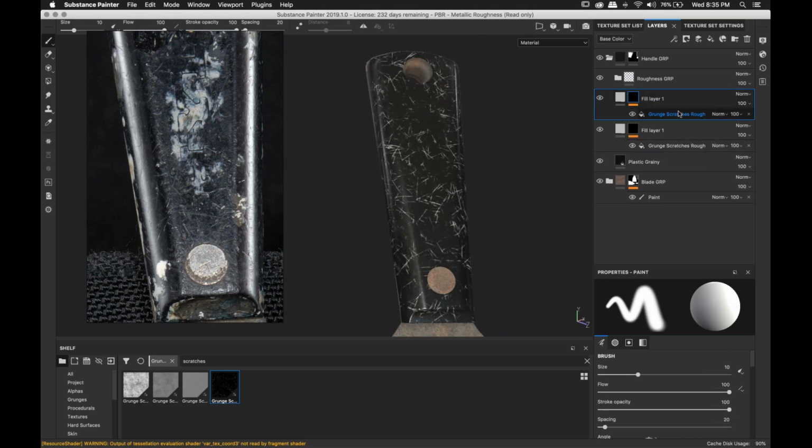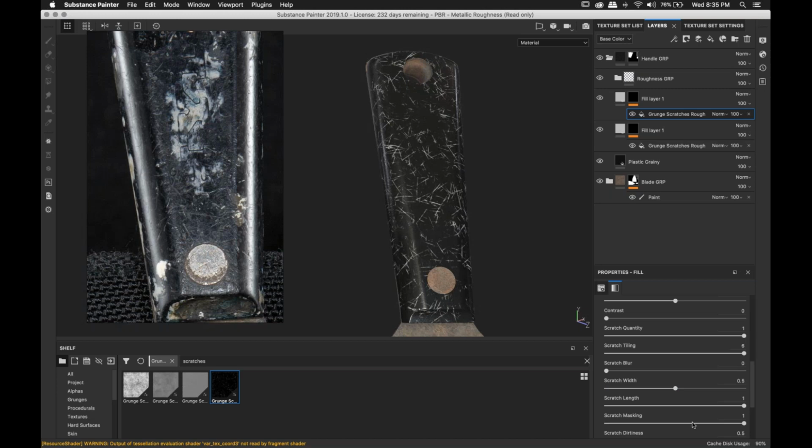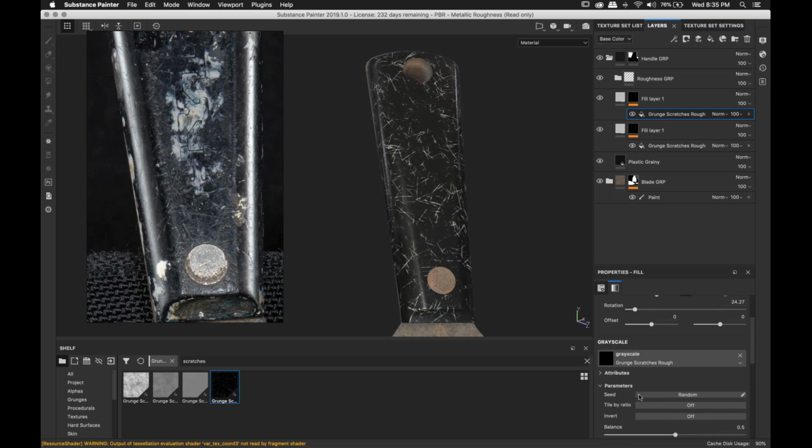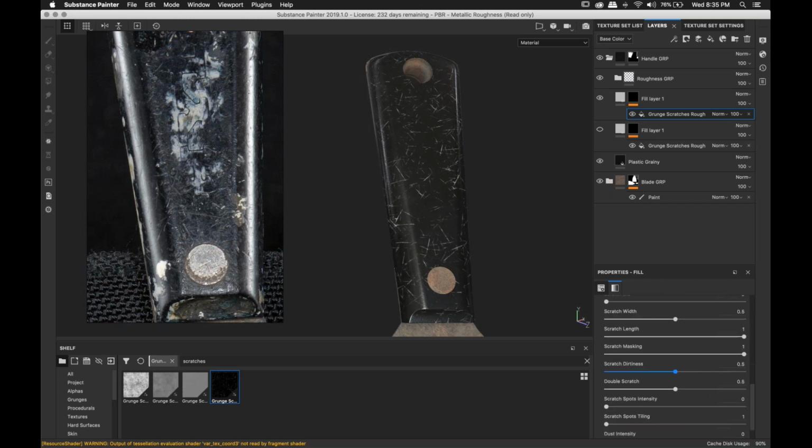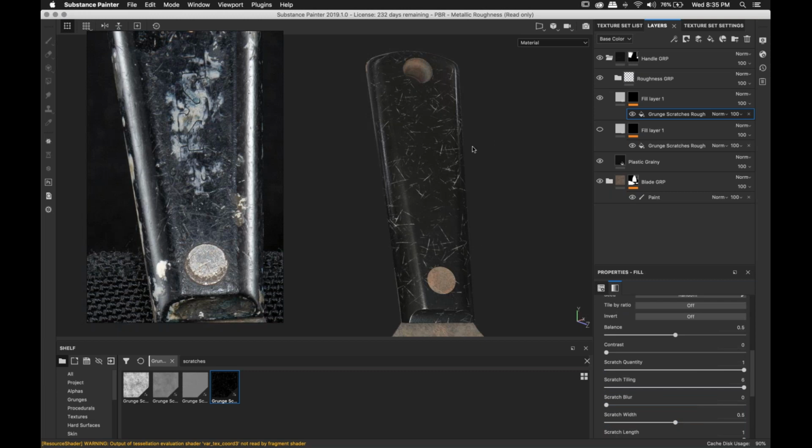So now I have 2 identical scratches, but if I click on this particular scratch rough, we have something called seed. So if I just change the seed, I'll turn this layer off. If I change the seed, I can get a completely different look. It's just changing the value that gets piped into the formula to create this. So if you were to type in this exact same value with all the exact same settings down here, you would get this exact same result with your particular scraper handle. Now that's to say if your UVs are in the exact same spot as well,